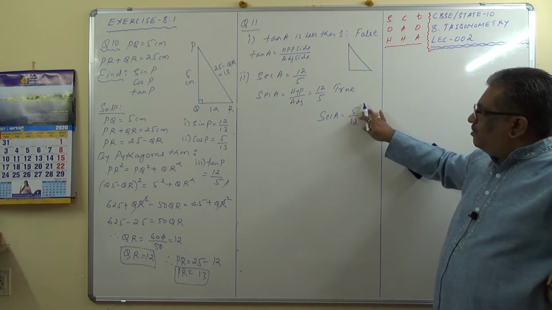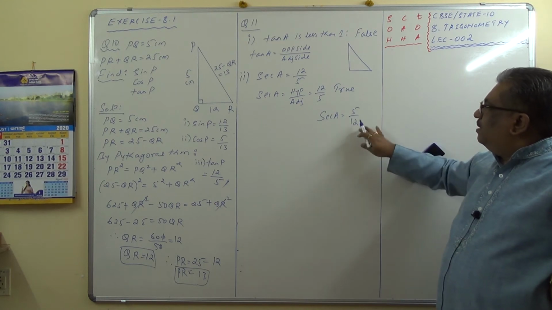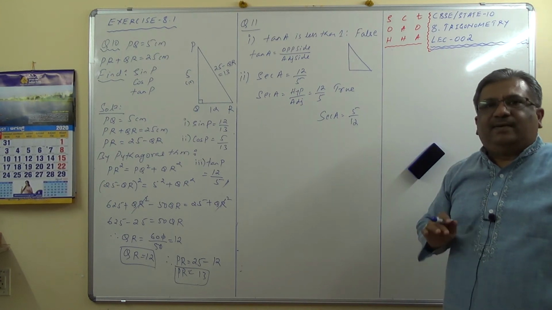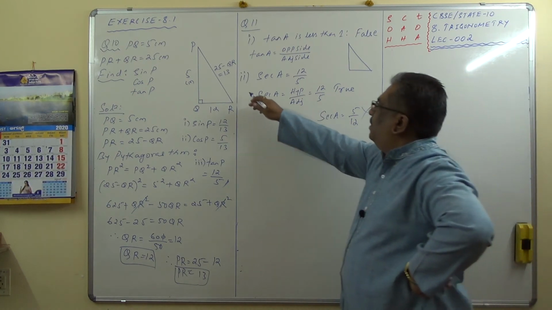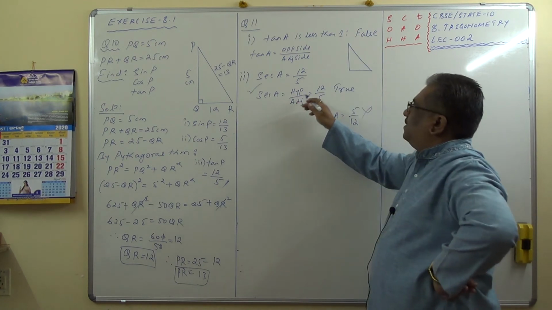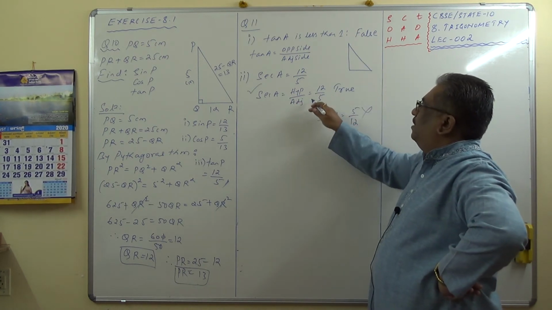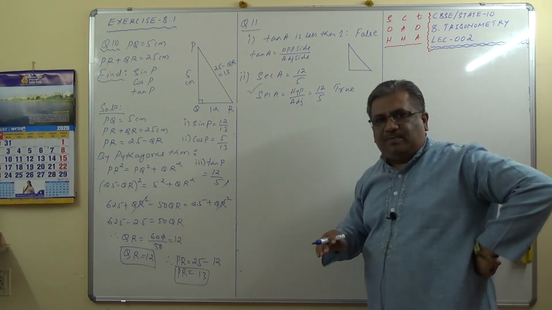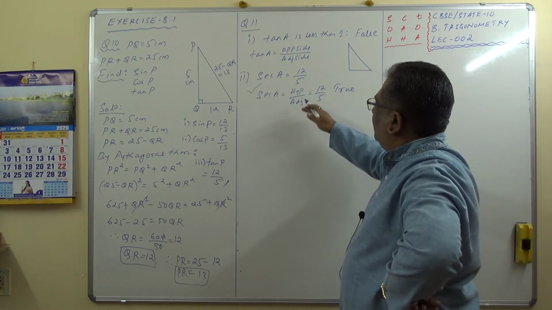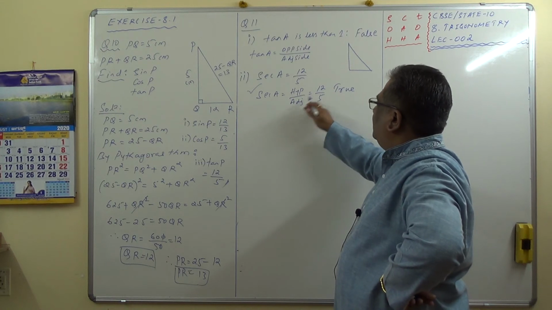Can hypotenuse be less than the adjacent side? It is never possible, and therefore this is not possible. But whereas this is possible, true. Hypotenuse is the largest side divided by adjacent side, which is possible, you can write. So what should be your answer? I don't know what is given in the solutions book and all. Solutions book must have given hypotenuse is greater than adjacent, and hence it is true.